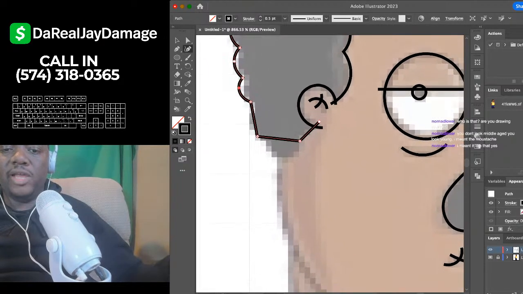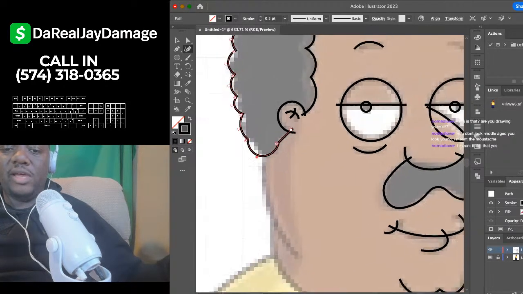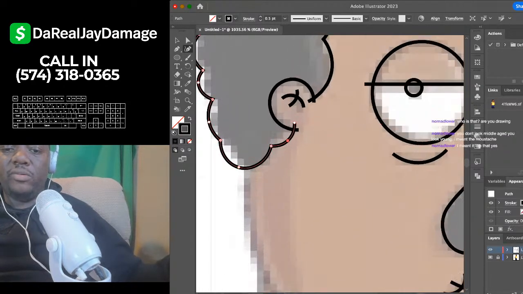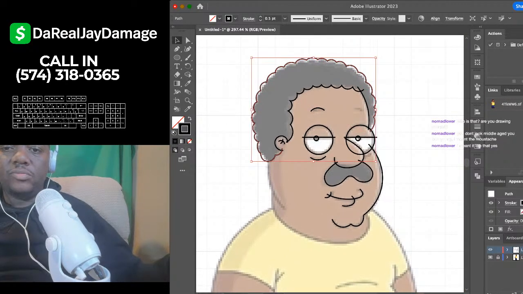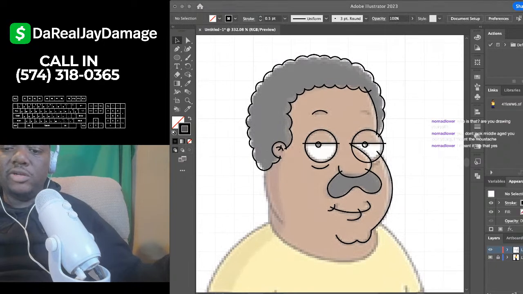Especially an older Black gentleman that has an afro, they don't really get it lined up like that unless, you know, they frequent the barbershops. So as you can see now, we have his afro. So that's a little tip, if you're a person, if you're not a person of color,